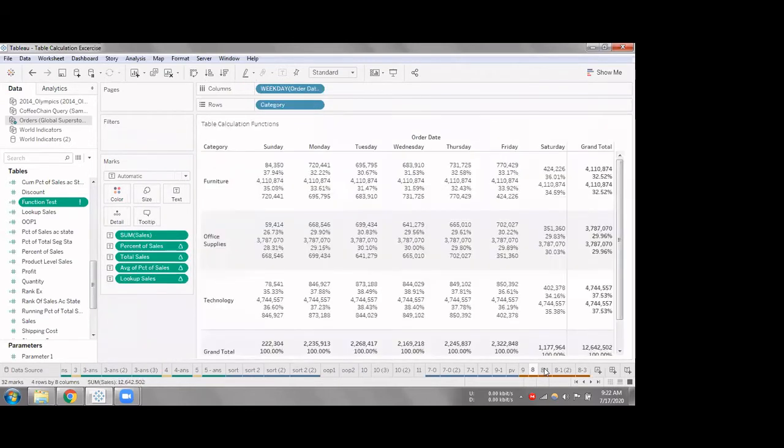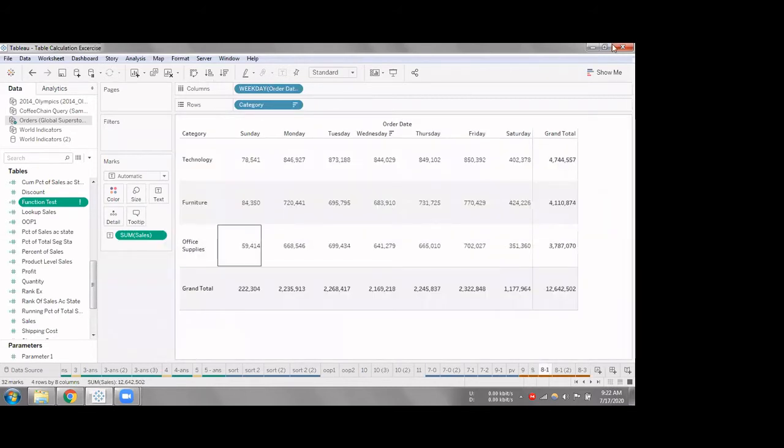So today we'll focus on some other functions. This is a simple table that I had from the Superstore data, for each of the weekdays in each of the categories, how the sales are happening, and I've put up some grand total columns just to verify our calculation functions.